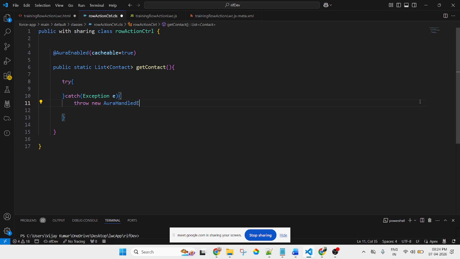In the catch, throw AuraHandledException with custom error plus e dot getMessage. This is a function.